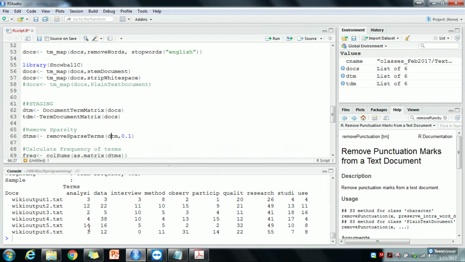So that's what I mean by sparsity. You don't want your matrix to be sparse. You want it to be dense. You want it to represent the words coming from all these documents. So what we do is we use this